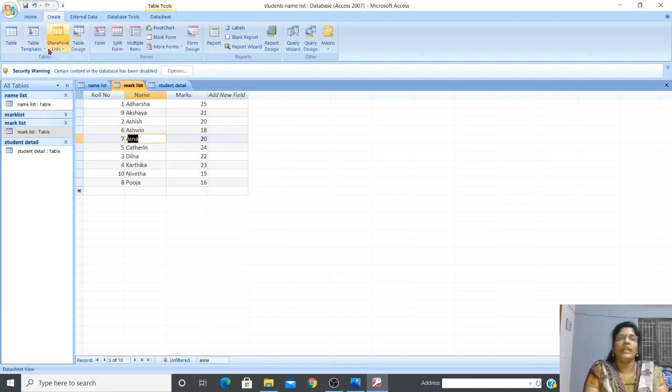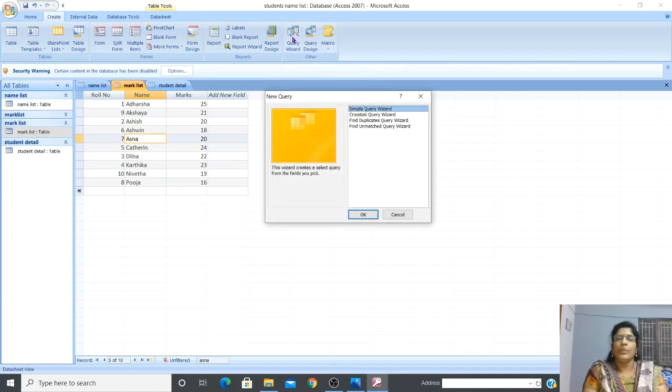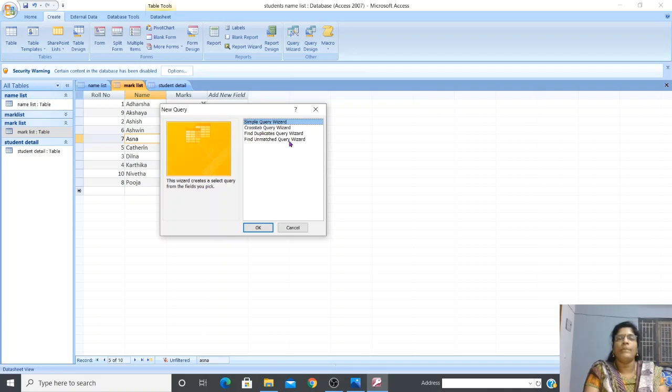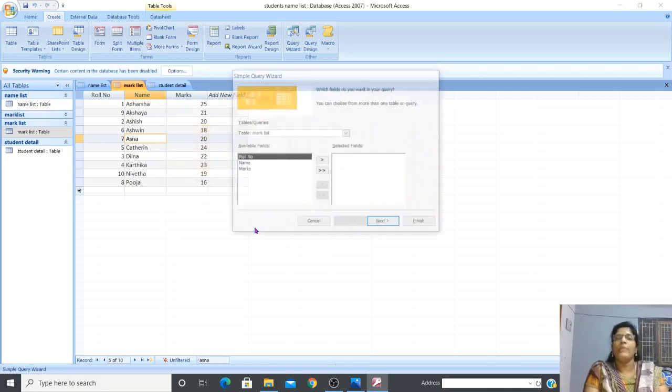Similarly, go to the Create tab, other group, then click on Query Wizard. When you click on Query Wizard, you can see a New Query dialog box appears, which has 4 different types of wizards. First, select Simple Query Wizard, which is the first one. Then click on OK button.